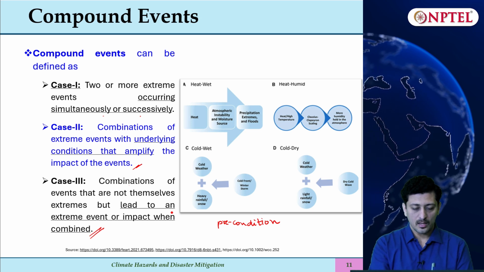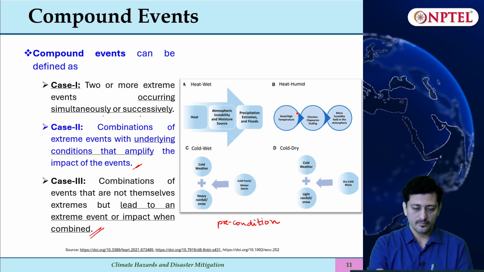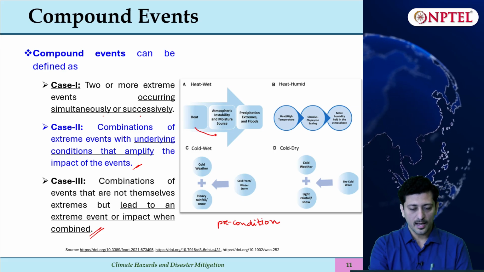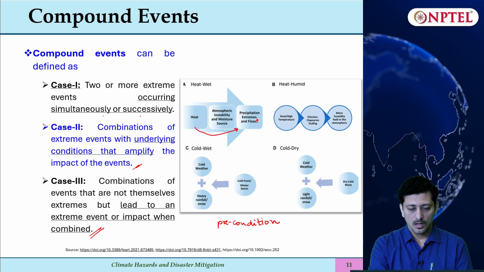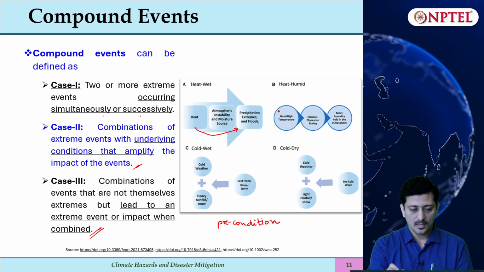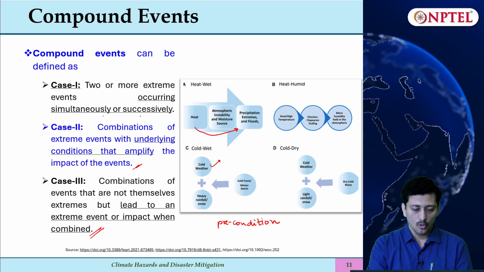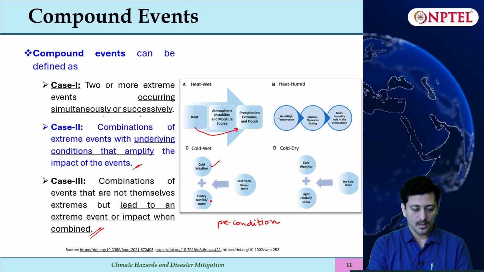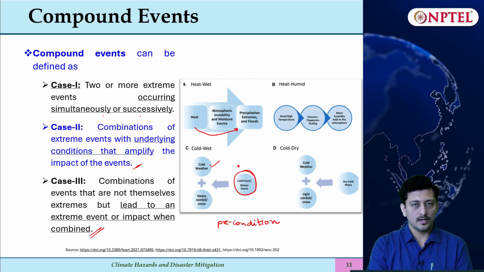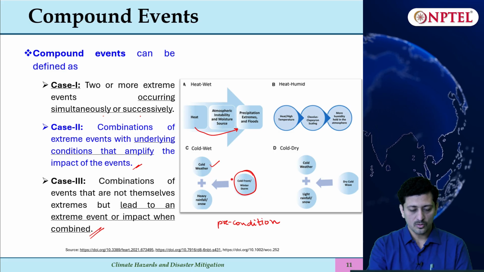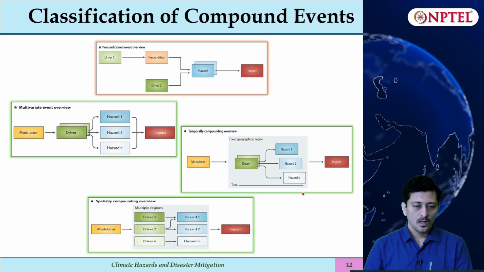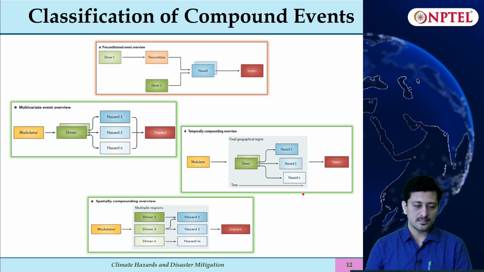So that is how an extreme event can occur. Here we have shown some different examples where heat can be translated into extreme precipitation, and that is a compounding effect. If cold weather is added and heavy rainfall is added, then you have a cold front, that is a compounding effect. Like that you can check what compounding effects are there. Let us discuss the detailed classification of that.